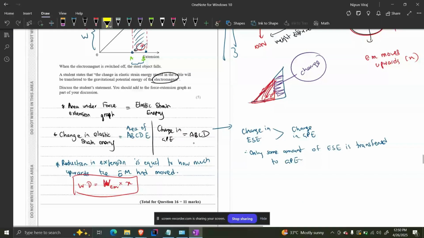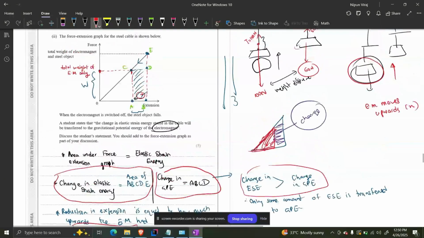What are the three parts, right? This is the first part. This is the first part. This is the second part, and this is the third part. That's it. For the first part, what we do is take this trapezium as the area change, because